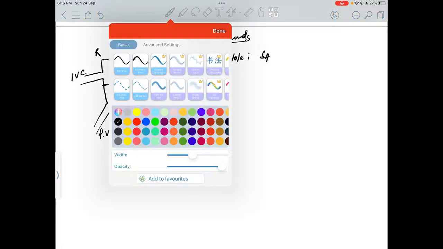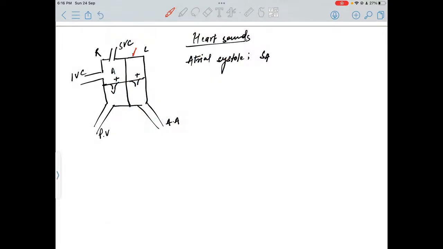Let me take another one. In which the atria are contracting and blood is running down from atria to ventricle, and the sound which comes is S4. In another diagram,